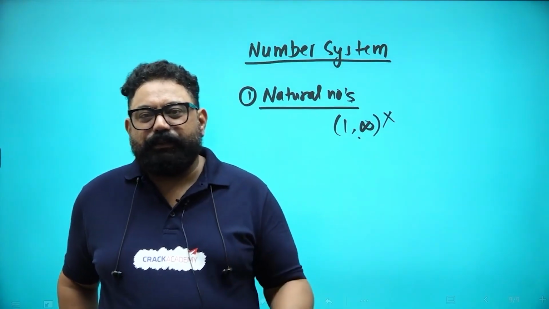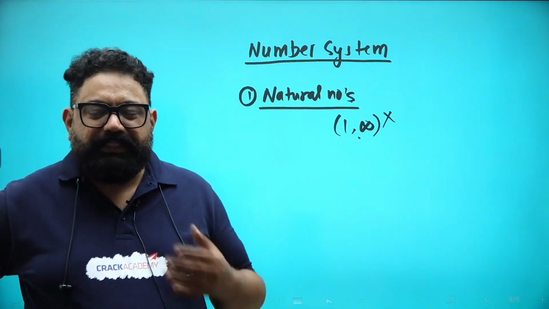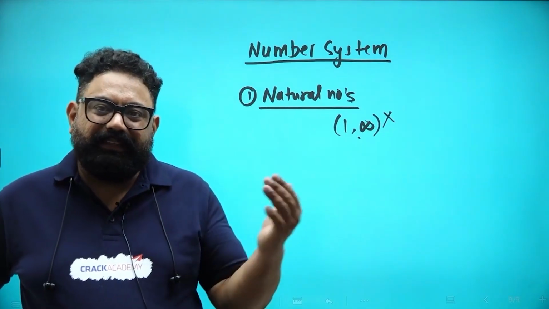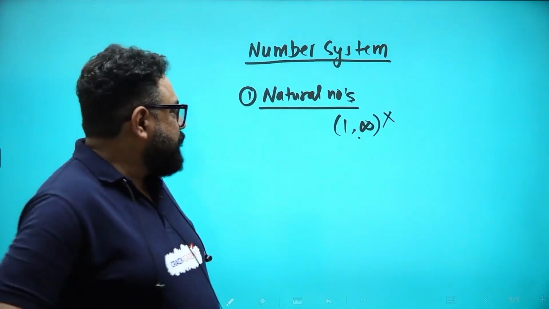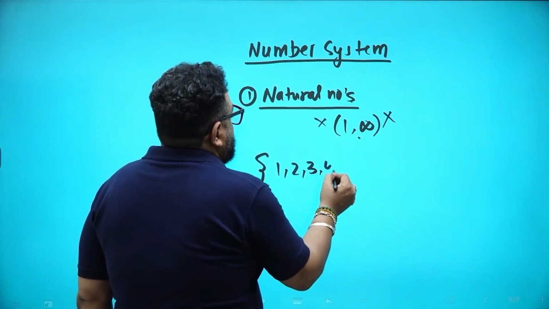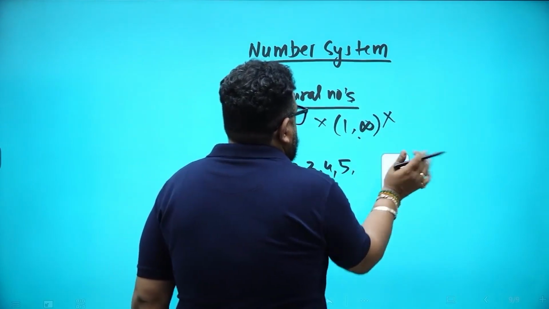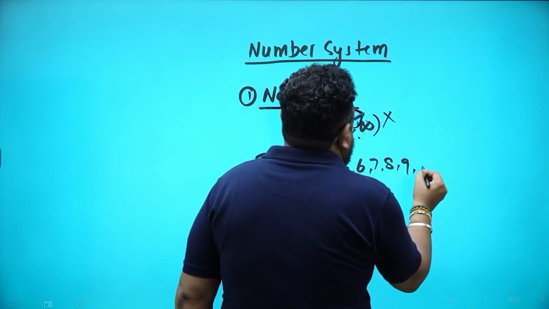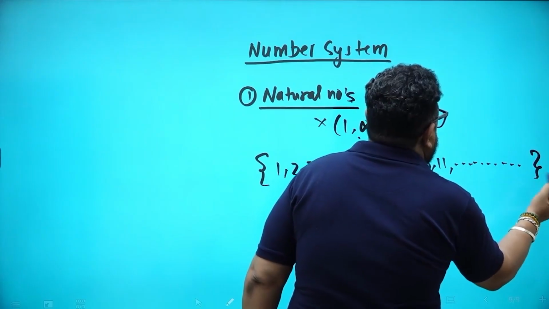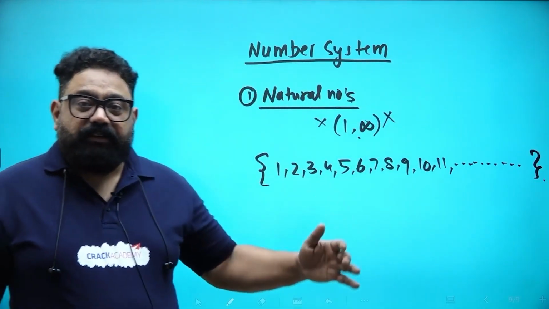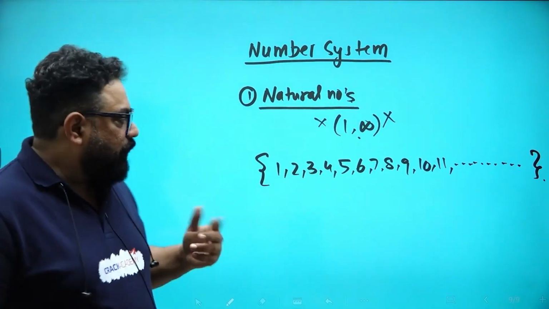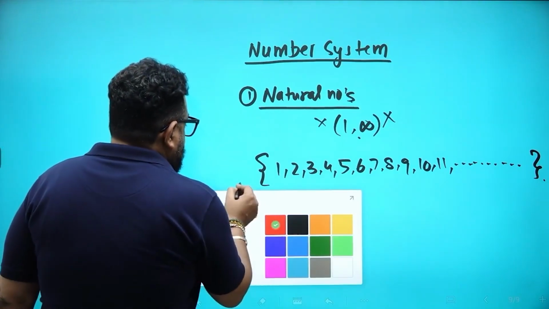So obviously the first tool was a counting tool. So when I say I have 4 horses, I have 6 cows, there has to be a basic counting. So natural numbers is not 1 to infinity. See, 1, 2, 3, 4, 5, 6, 7, 8, 9, and even I should write 10, 11, and till infinity. This is the set of natural numbers starting with 1, all counting numbers. Now, all of you should understand these are called curly brackets.